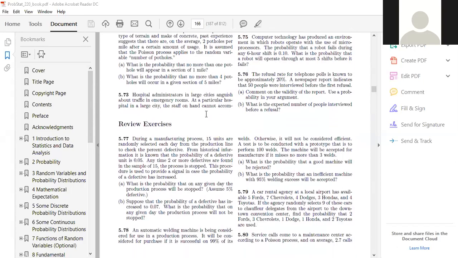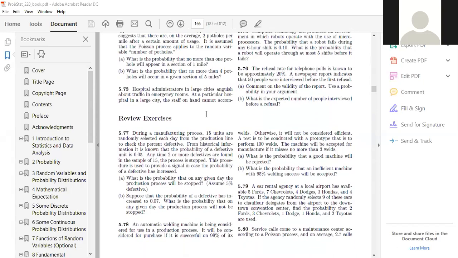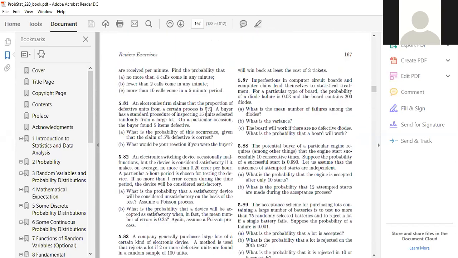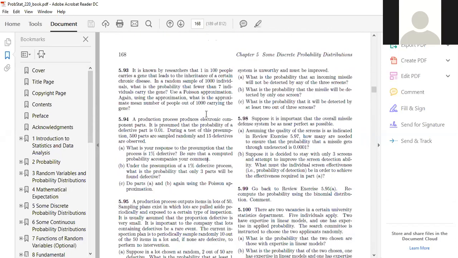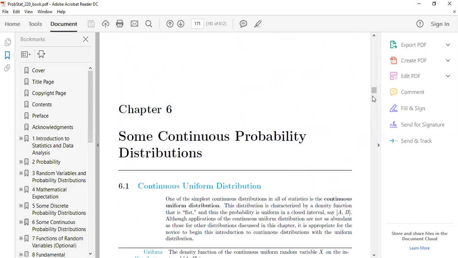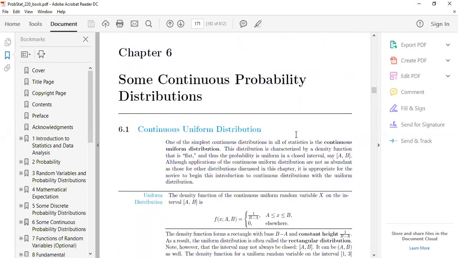Okay, guys, so now we start the next chapter, and that is the continuous probability distribution. Some continuous probability distribution. Now, guys, please look at here. One of the simplest continuous distributions in all of statistics is the continuous uniform distribution, because that's just